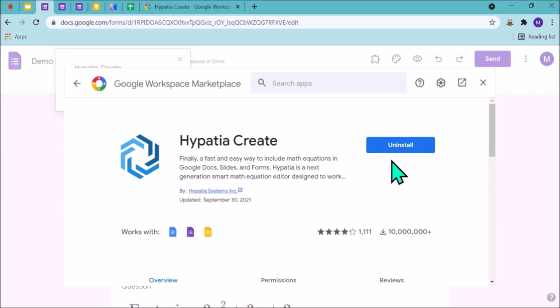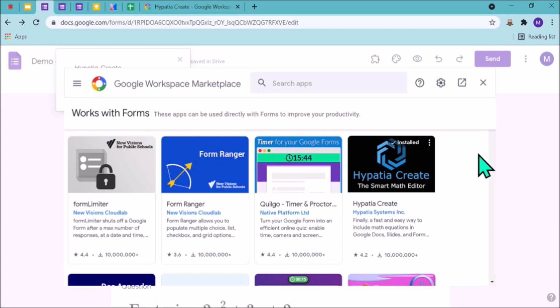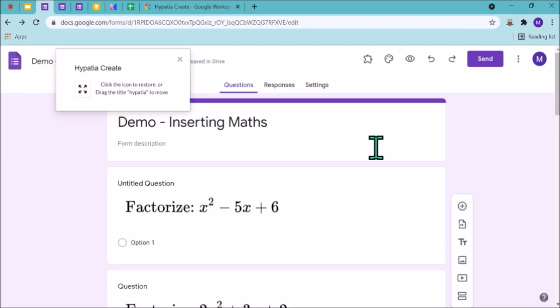Free, ma'am. Okay. I first used Equatio, but Equatio is free just for 1 month. After that, we need a school account, and we don't have any school account, so I have come back to here, Hypatia.